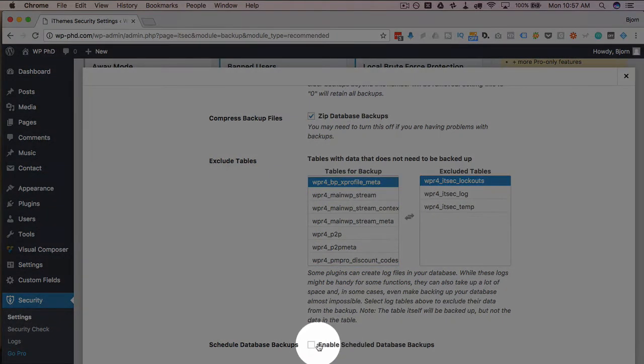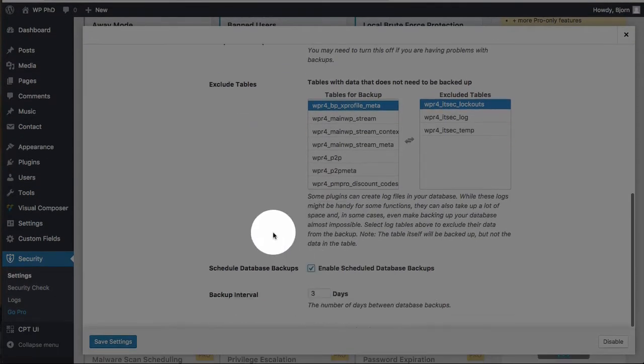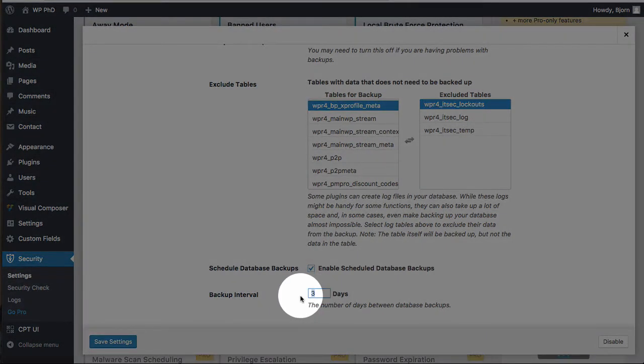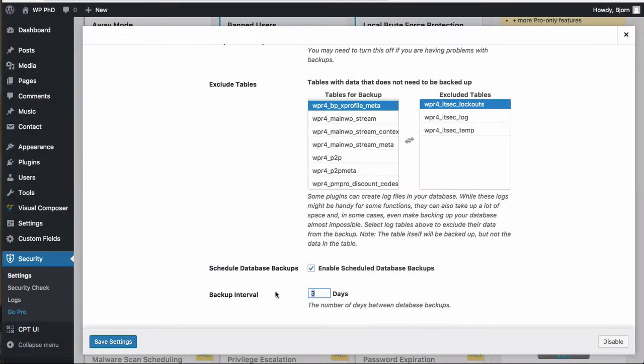And then do we want to schedule database backups? Usually smart, because if you can do things automatically, that means you don't have to be thinking about them. Backup interval, every 3 days. That works for me. If you are publishing a lot of content to your site, you want to back up more regularly. So if you're publishing 1 post a day, I would back it up once a day. If you're publishing 1 post a week, back it up once a week. Because if you're only making a change once a week, all your backups are going to look the exact same. Whether they're made on the Monday or the Friday, it doesn't matter. It's all the same backup because you didn't make any changes till Sunday when you publish your posts.